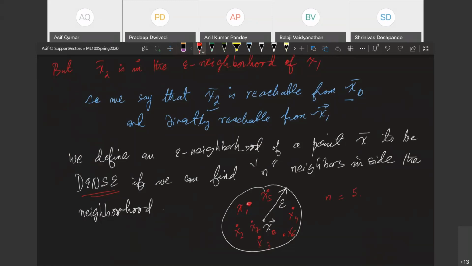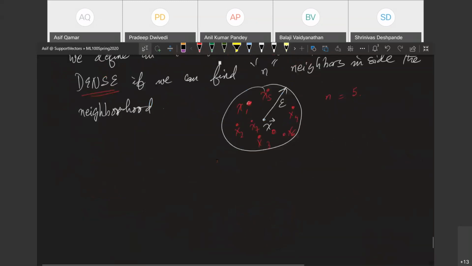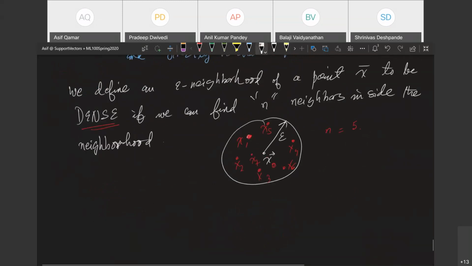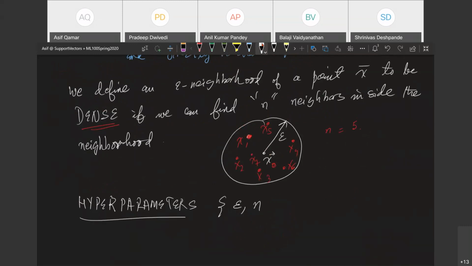Any feedback, guys? Are you understanding this? So how do you define n? Yeah, so those are the hyperparameters of the model. We need to pick sensible values of n and epsilon, right? Okay. That's the tricky part. Based on the domain, based on the situation, the hyperparameters of the model. So you have to agree on a sensible epsilon and n. Right? And n, people often also call it the n points, the number of points that you must have in the neighborhood. Right? This word is also used, but I'll just use n.